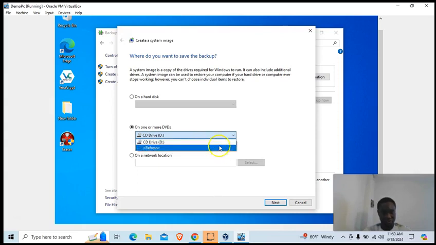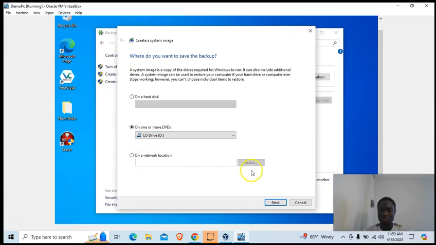It's on my VirtualBox, and it's for another purpose. I don't want to crash it. But you can also select a disk here. If you have a disk that you want to use to create a restore point, you can select it from here. If you have a network location in your local area network or whatever network you are using,